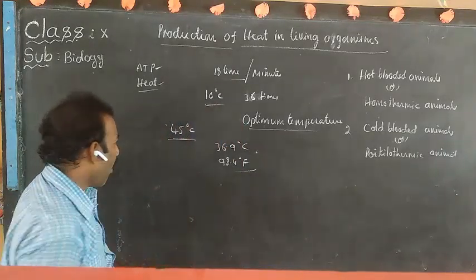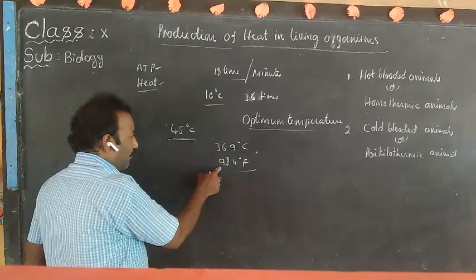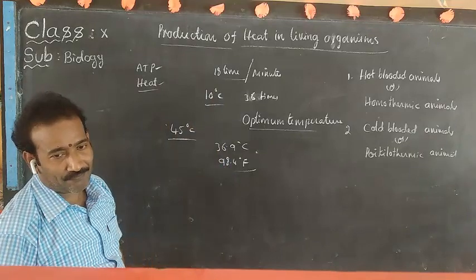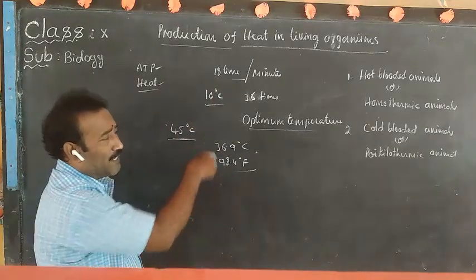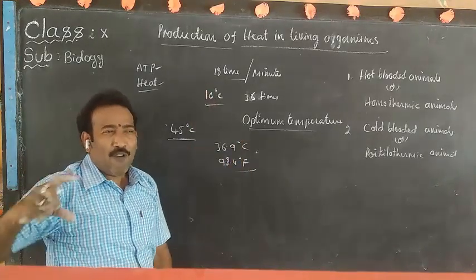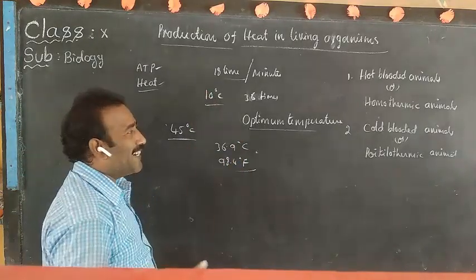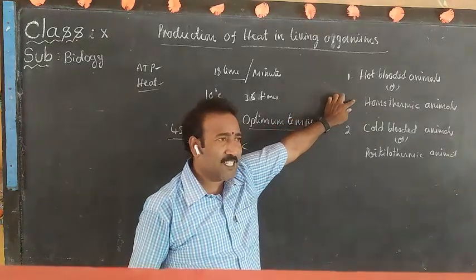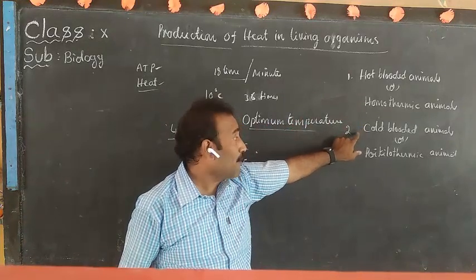36.9 degrees Celsius or 98.4 degrees Fahrenheit. It is a constant body temperature, because we are homothermic animals. We have the capacity to maintain a constant body temperature. That's why we are homothermic animals. Second thing,